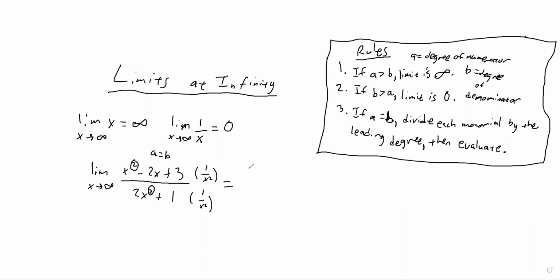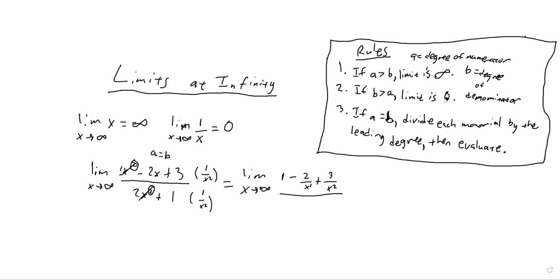And it's going to look like this. The limit as x approaches infinity of, and these are going to cancel after you divide. Actually, no, it's just going to be 1. Remember, this is a 1. So 1 minus 2x, back up. Remember the rules of exponents. So it's going to be x to the power of 1 minus x to the power of 2, which is x to the power of -1, or 1 over x to the power of n, where n equals 2, plus 3 divided by x squared, divided by